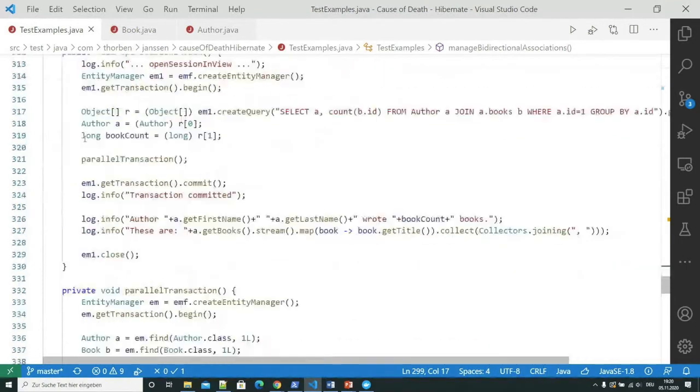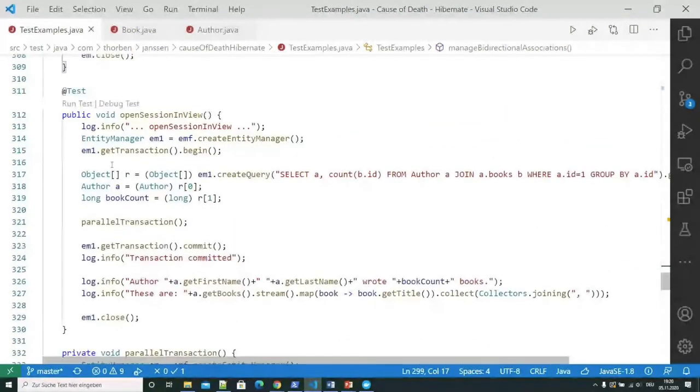Okay. The last thing that I want to show you to create inconsistencies, or to make it at least look like we have some inconsistencies, is the open session in view pattern, or we should better call it an anti-pattern, because it really is. Unfortunately, Spring Data or Spring activates it by default because it makes it much easier to implement a front end if you're able to fetch lazily initialized associations in the front end. That's the whole idea of the open session in view anti-pattern.